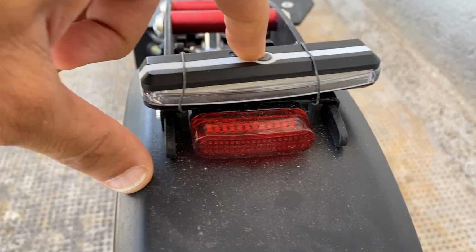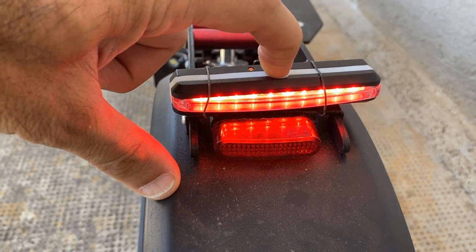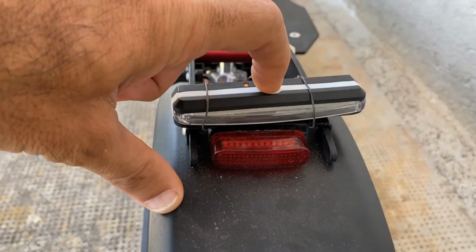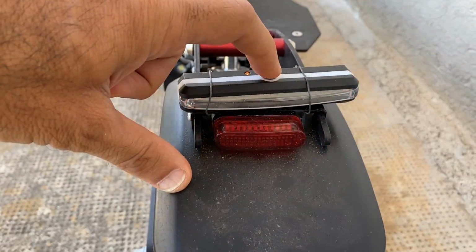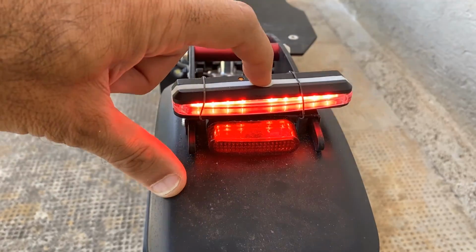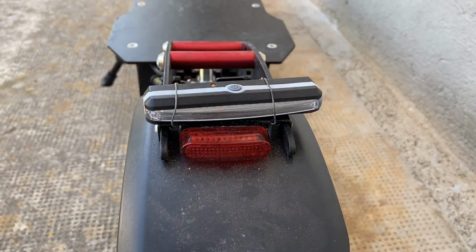It's very crude, as you can see, and you can buy it on eBay for like $7-8, and then you can choose a couple of different flashes or light, and that will give you tremendous visibility during your night rides. I like this mode as well. It's extremely